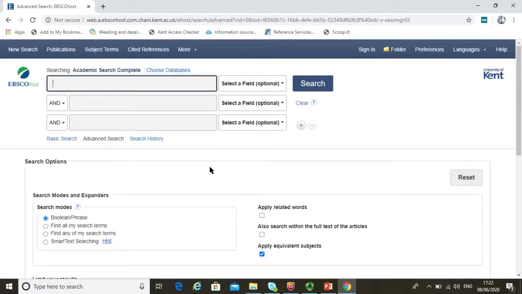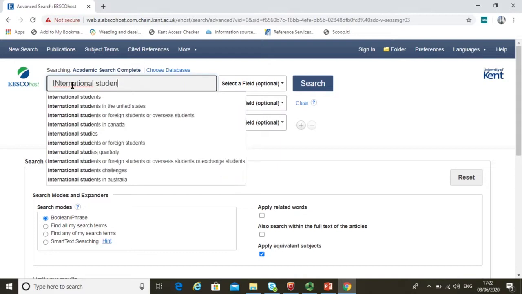Okay, so this screen in terms of the search looks a little bit different to the search that we looked at in Library Search. This is called an advanced search, and what this allows you to do is to think about your keywords a bit more carefully. So I'm going to use the same example that we just searched for in terms of journals in Library Search, but I'm going to show you how you can play around with the combination of keywords a little bit more. So in the top box we'll put